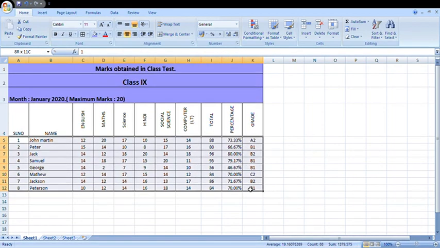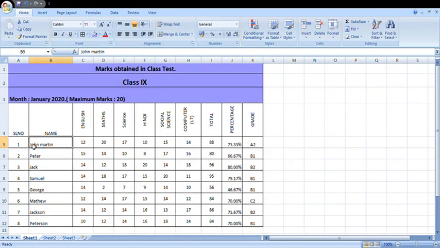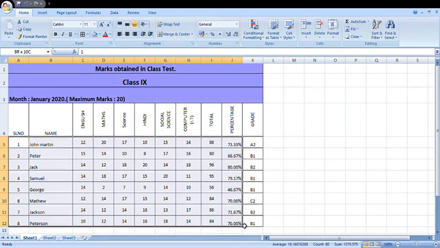If you want to increase the height of the row, select it at a time, go to format, row height, and specify the height. Suppose I'm specifying it 25. Just see. Now you can increase the size of the text.